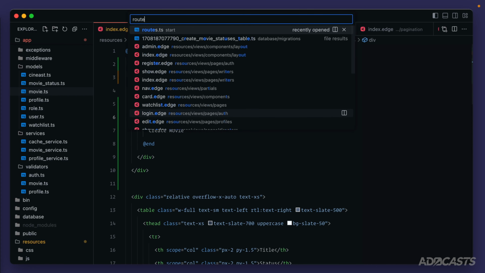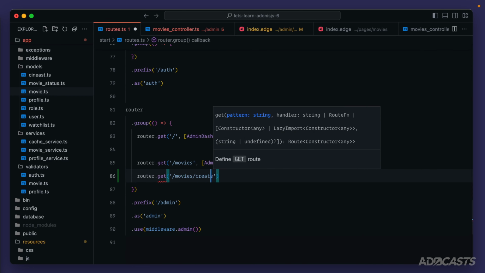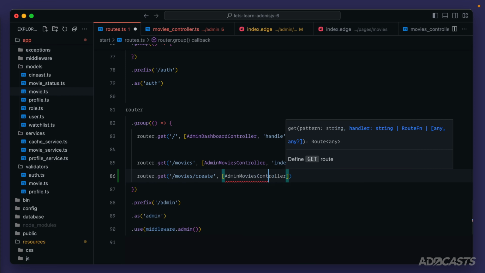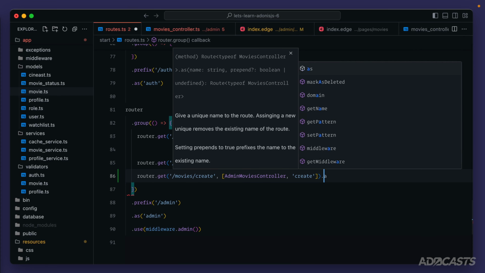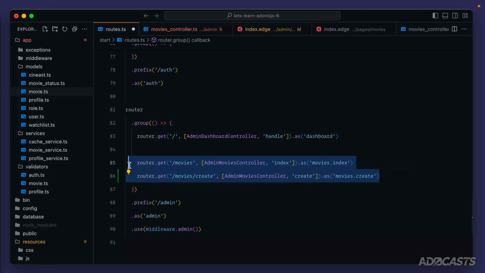All right, next let's go ahead and create the route for our create movie page. So let's jump into our routes file, and then let's do router.get /movies/create, admin movies controller, and we have our create method there as movies.create. Now let's pause here for a second. If you recall when we created this controller, we created it as a resourceful controller, and there's also resource routes. It's my personal preference to list out the routes individually, but I know that may not be everybody's